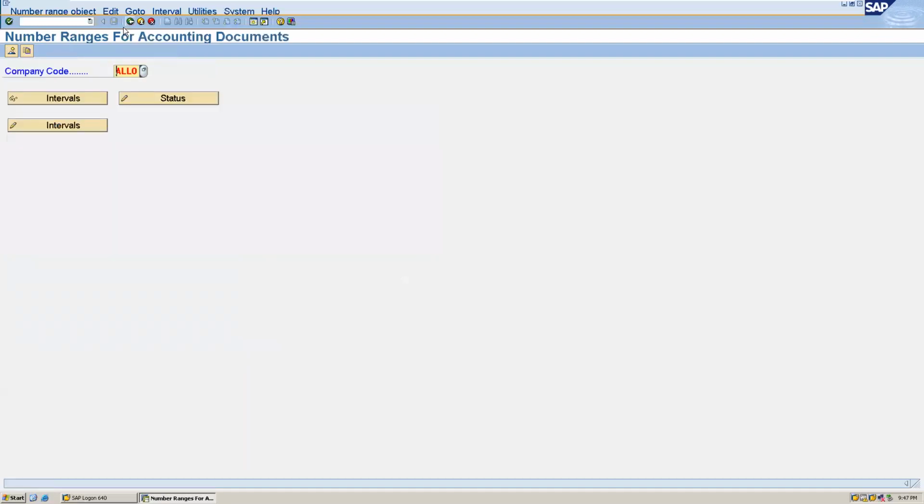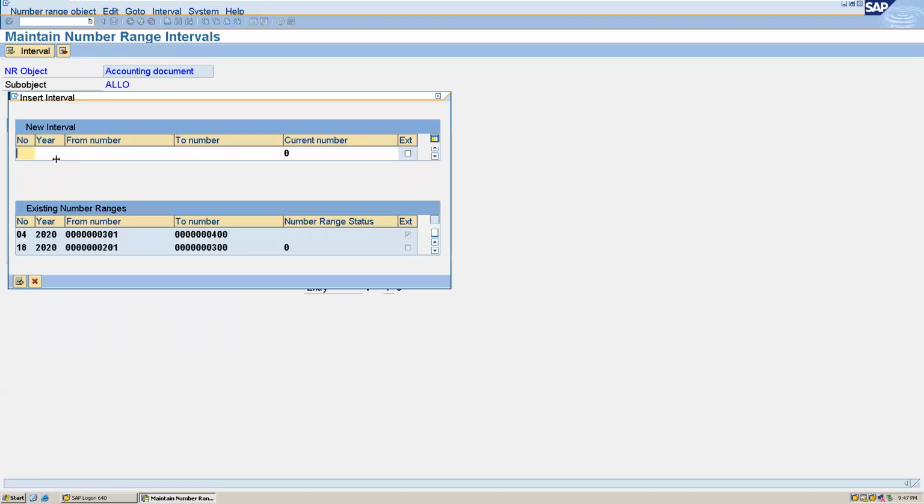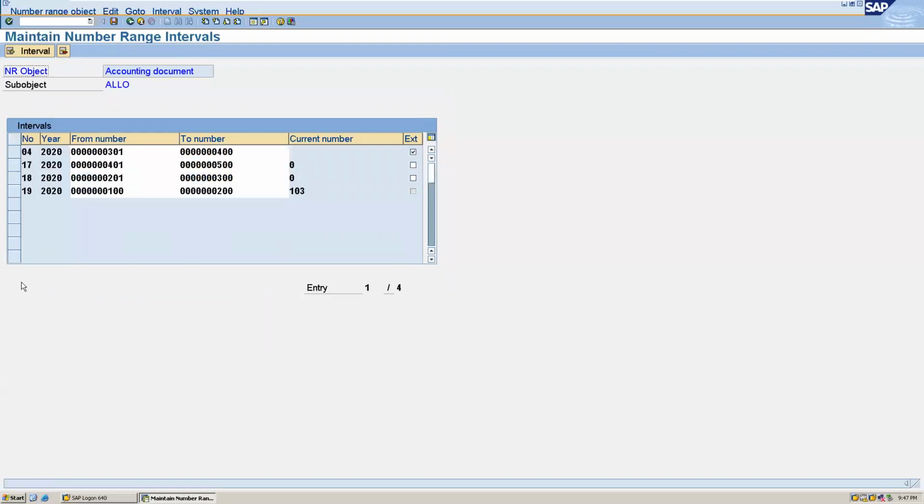And also we have to create 17 for KG. So 17 we have to create here. Here for 2020, from we will give 401 to 500. After this, we will save this.